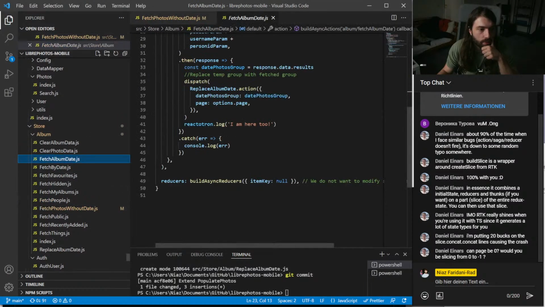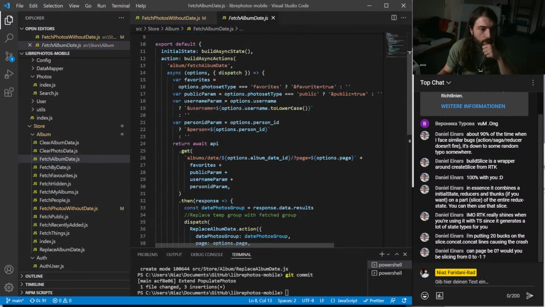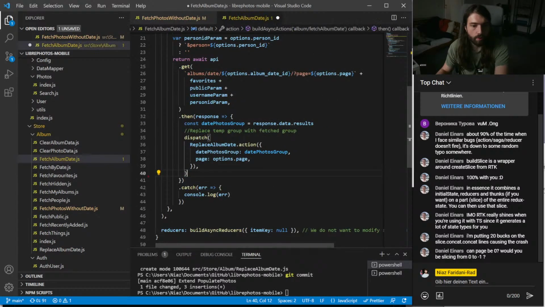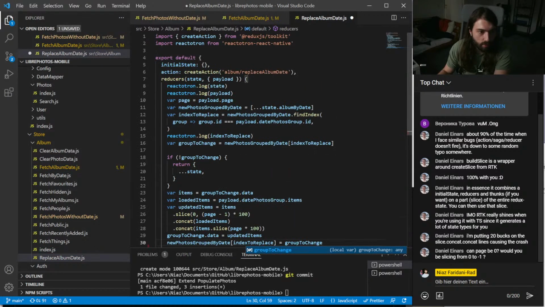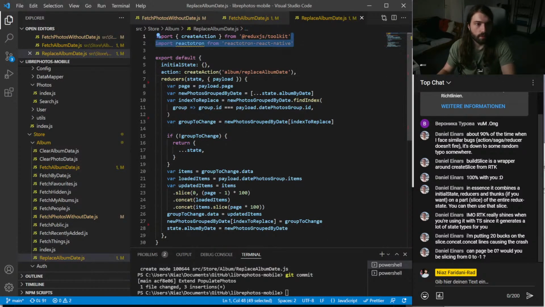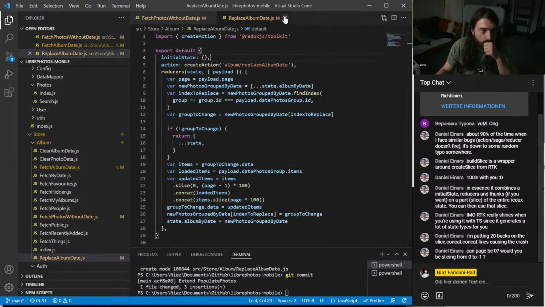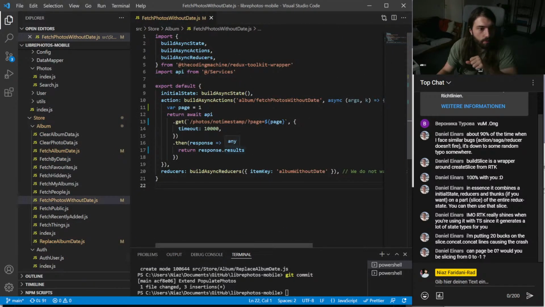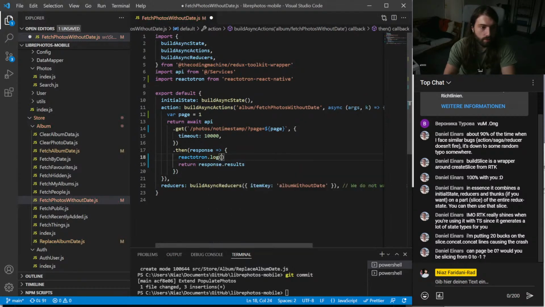But first let me Reactotron. So what do we do here? That can be removed. Then replace album. That works now. So please don't print everything. Cool. Alright. So that's not needed, that's not needed. We return response.results, right? So let's Reactotron log response.